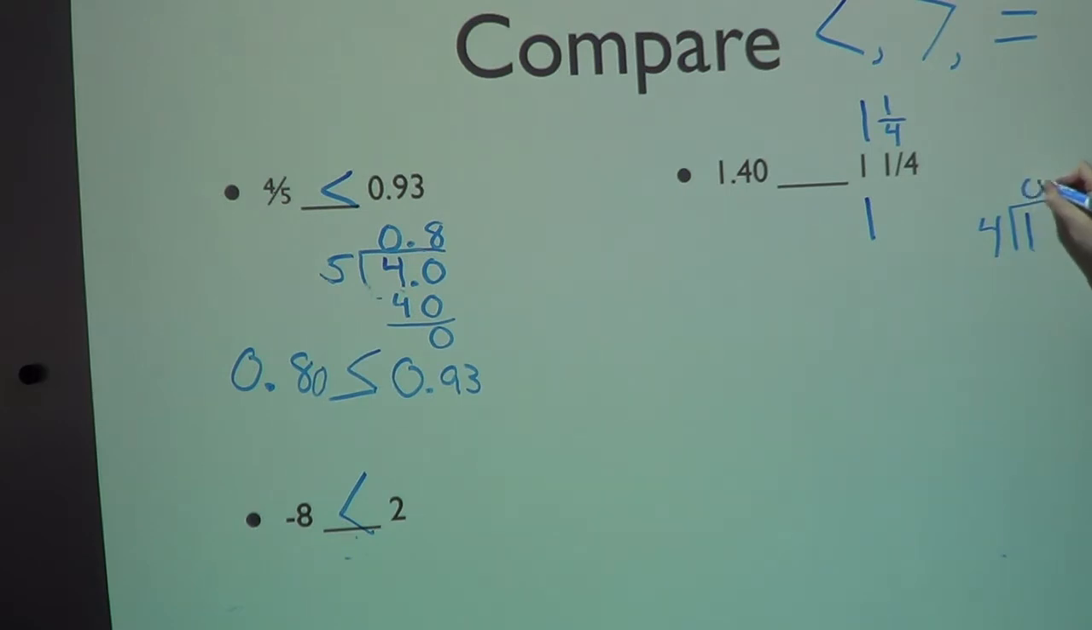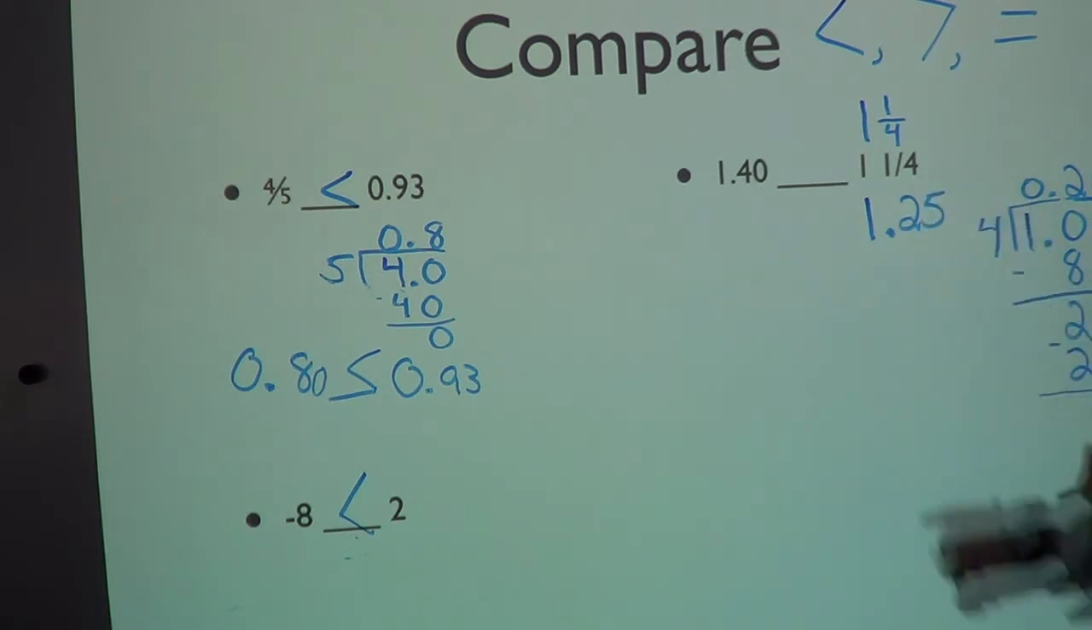4 cannot go into 1 evenly. I add my decimal, I add my 0. Now how many times does 4 go into 10? The answer is 2. 2 times 4 is 8. I subtract. 10 minus 8 is 2. We have a remainder, so let's annex a 0. Bring it down. How many times does 4 go into 20? The answer is 5. 5 times 4 is 20. Perfect. We'll pause right there because we have no remainders. And our decimal is